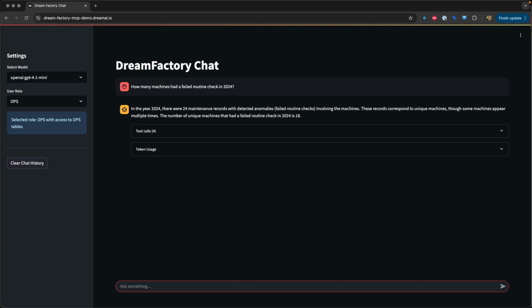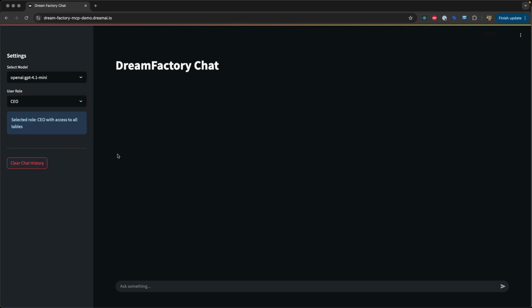And here we go. In the year 2024, there were 24 maintenance records, and you can read the rest here. But I'm asking a question in the most convenient way for me through natural language, and of course I'm receiving the desired response in return. We could also, I'll just switch back to the CEO role for one last example here. We can switch back to the CEO role and maybe ask a question such as create a table showing employees